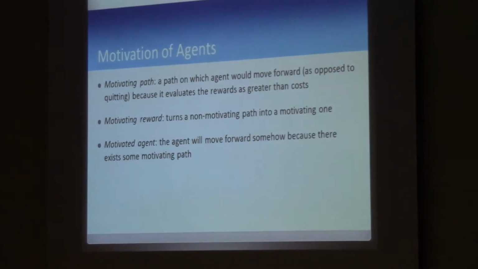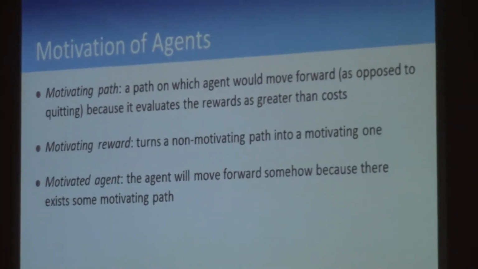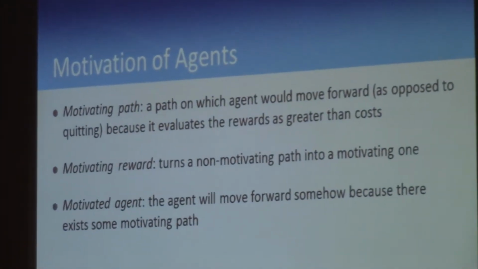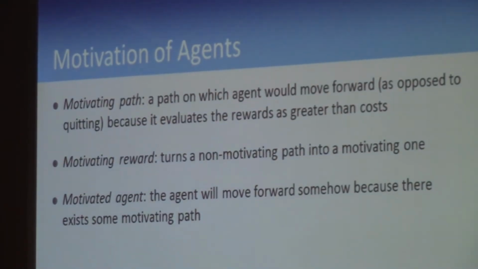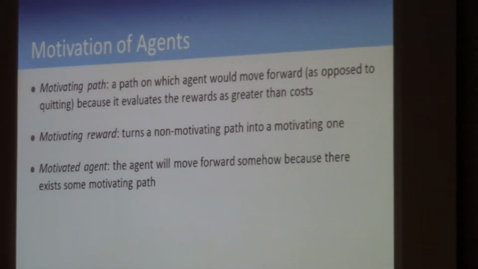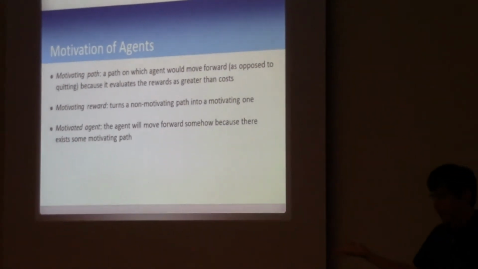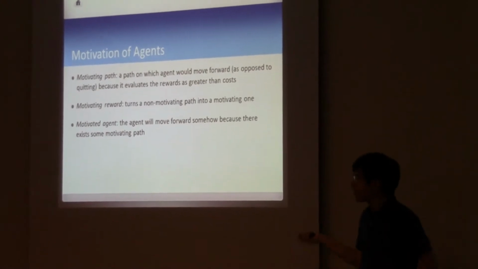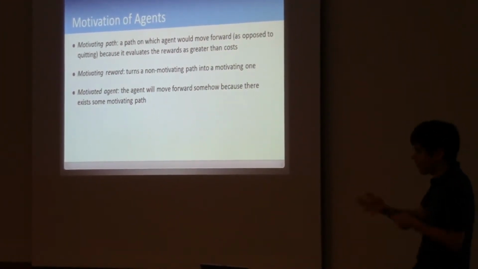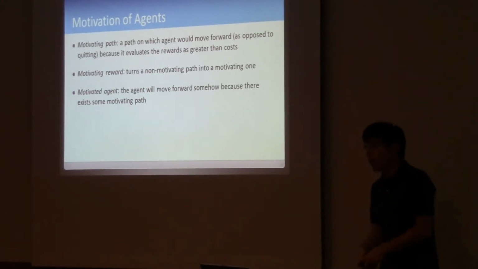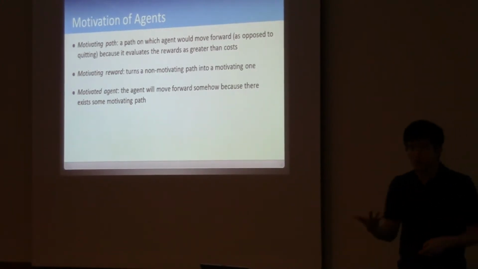Okay, so we need to actually consider what it means for agents to be motivated, because I want to motivate agents. Well, let's just consider what happens if you want an agent to take one more step and not drop out. If I can add rewards somewhere in the graph, and of course the actions have costs of sorts, there's a path that's motivating. If I put enough rewards on it, the agent perceives them as being bigger than the costs. The agent perceives them with its present bias discount scheme.